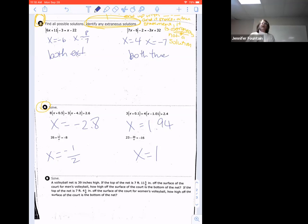All right, so go ahead and look at your packet. Let's not throw anything at each other. Let's talk about what is an assignment and what is going to be bonus. So let's look at page 1 of our packet. Page 1, multi-step equations. No more throwing, please. Okay, so multi-step equations. On page 1, we are going to do